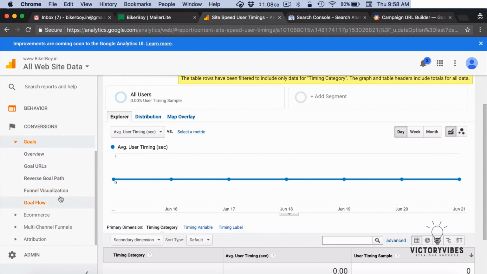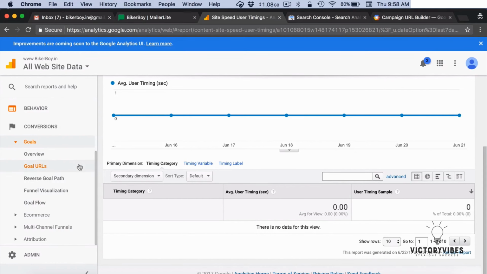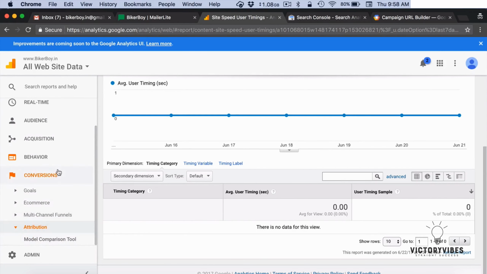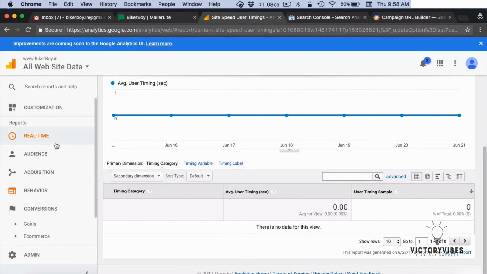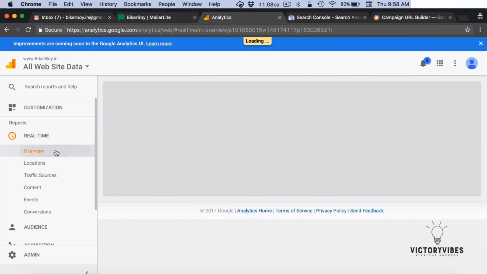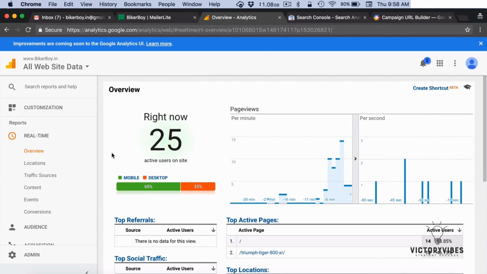Inside conversions, you will be able to set goals for people to visit certain pages, and you will be able to track what is the value of those pages and what is the total revenue that you have made. And there is a whole different section called e-commerce, and this is for e-commerce sites. We will probably start an e-commerce store for Microboy in the future. At that time, we might be able to integrate some e-commerce analytics right here. So this is all you need to know just to get comfortable with Google Analytics